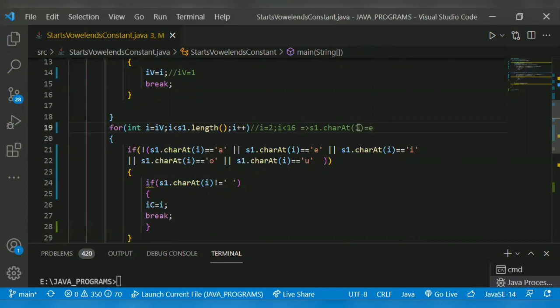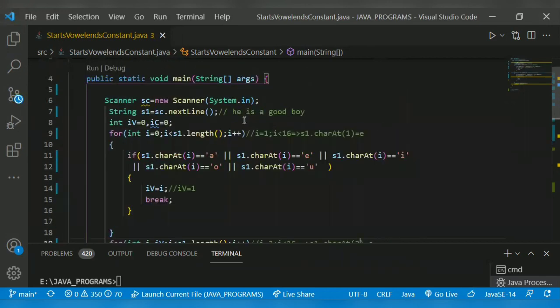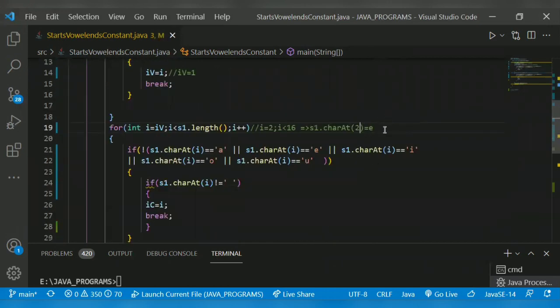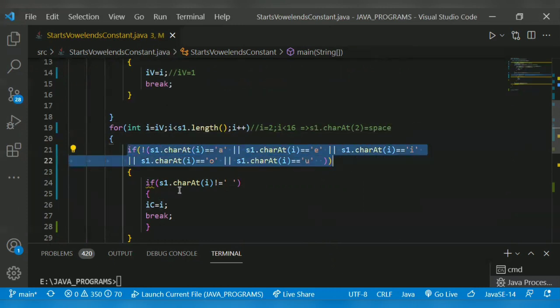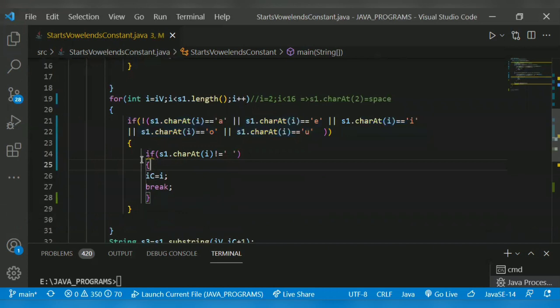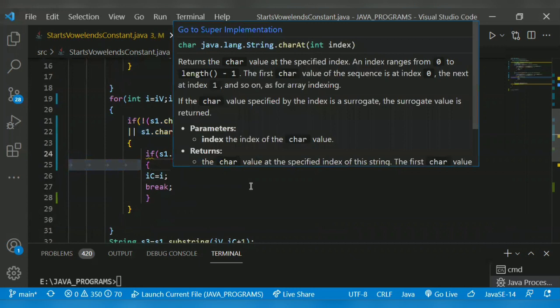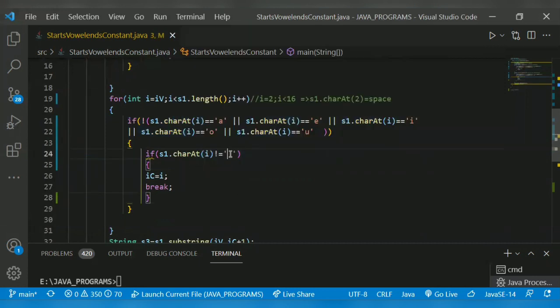Now i is equal to 2. So s1.charAt(2), which is 0, 1, 2, a space. Space is not a vowel, so it satisfies this if condition and goes inside. Inside there is another if condition: it should not equal a space.